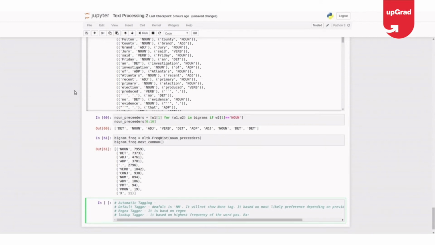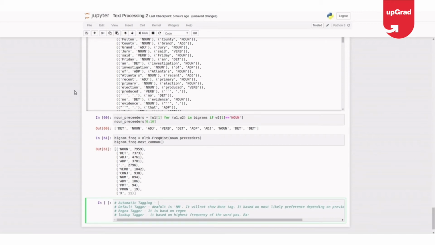If I give a sentence to this tagger and it is not able to identify a particular word, it says by default it's a noun. It doesn't show a none tag. Okay, and it finds the POS of a particular word in a sentence with respect to most likely preference based on the previous training it has got on a particular document or an article or corpora. Okay, that's how default tagger works.